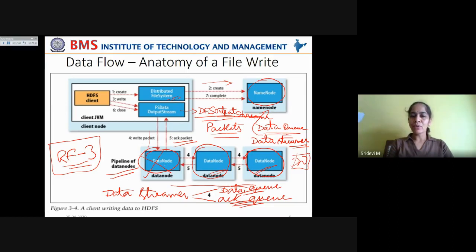And this failed data node will be removed from the pipeline, and also the new data nodes in the pipeline will be given a new identity, so that whenever this failed data node later recovers, it will not have the partial data written on it. It will be completely removed from the pipeline by the name node. This is how data node failure is handled by this entire architecture.